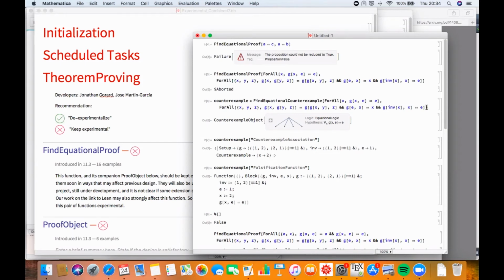No. So an interesting question is, should we have an ability for FindEquationalProof to call on our much more sophisticated theorem-proving capabilities that make use of all of the fancy algebraic structure of plus and times, even though some steps in the equational proof might be kind of oracle-like steps?